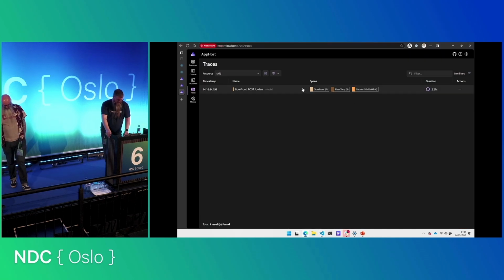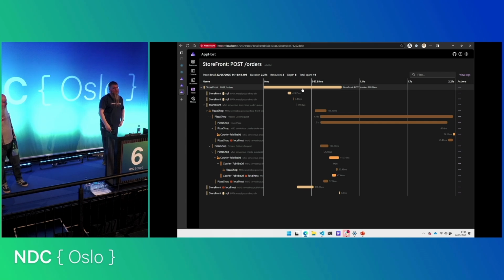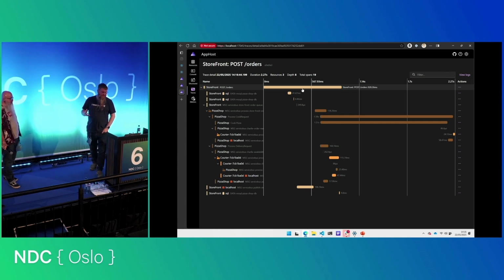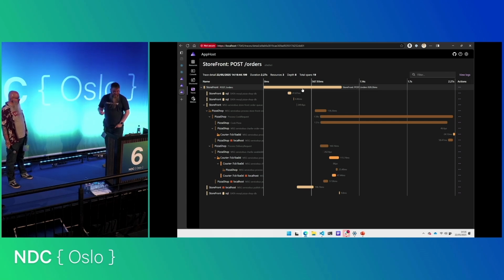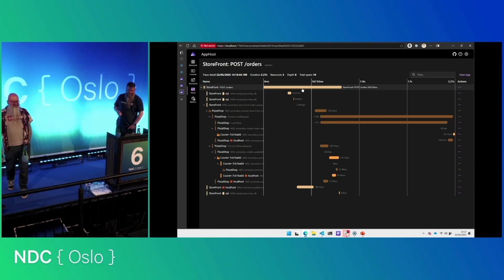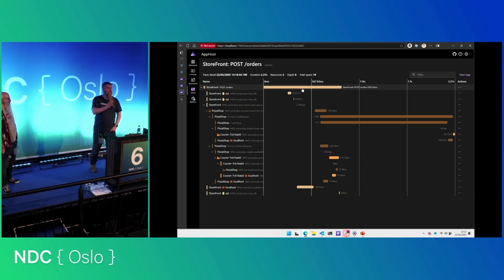That should come through, and now we've got a nice clean trace, which is just about the scope of our pizza shop and what the pizza shop is doing to cook that pizza. It was very quick cooking that pizza. What was it, 1.5 seconds? If only we could cook pizzas that fast in the real world, that would be amazing. But that isn't going to change now. Now that request is done.